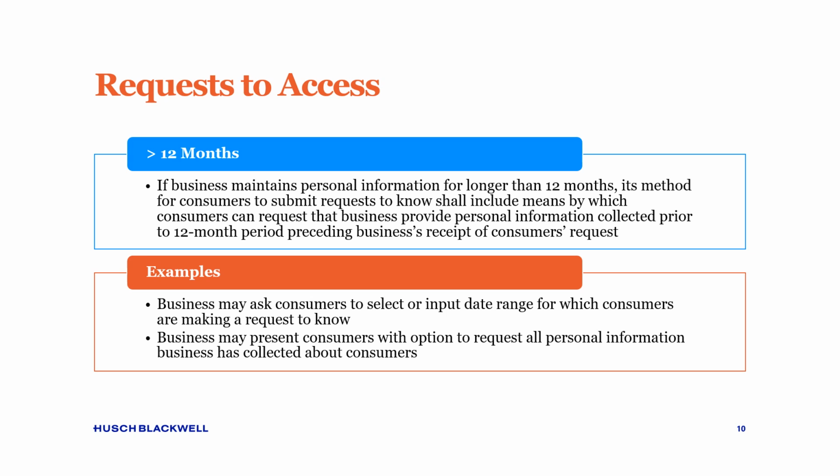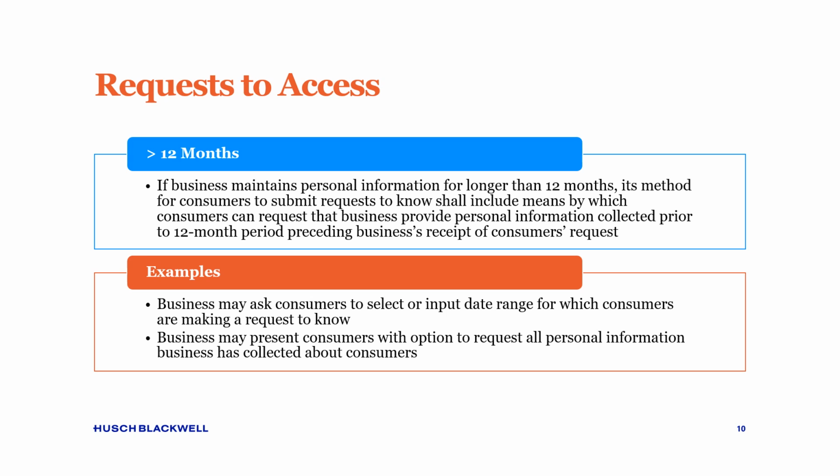The statute says that businesses need to provide information for the prior 12 months. The CCPA statute, that is. However, the CCPA in its statute goes on to state that a consumer can request information beyond the 12-month period, and the business needs to provide that information unless doing so, quote, proves impossible or would involve a disproportionate effort. This requirement to provide information beyond the 12-month period applies only for personal information collected after January 1st,